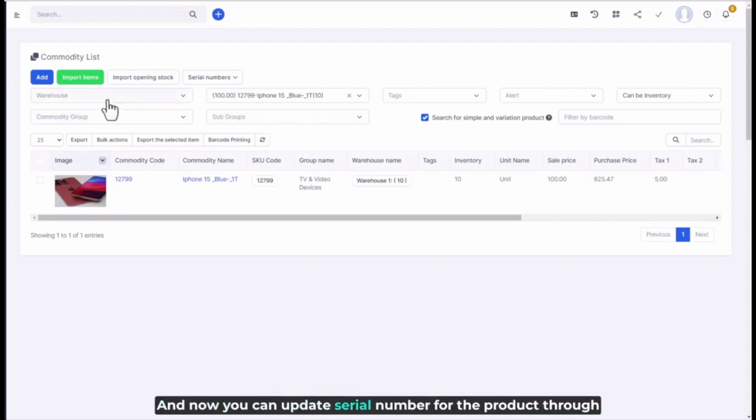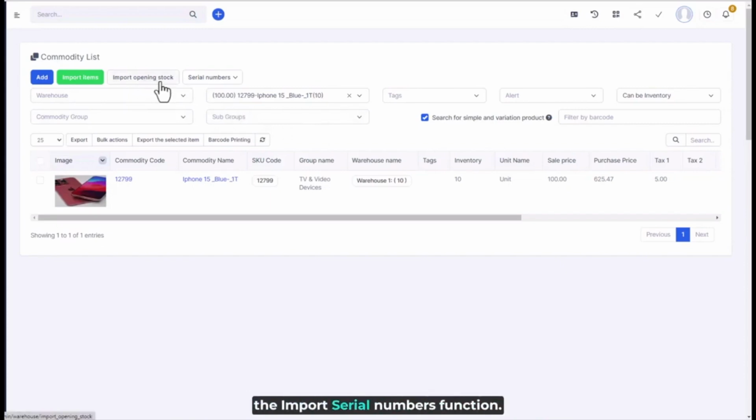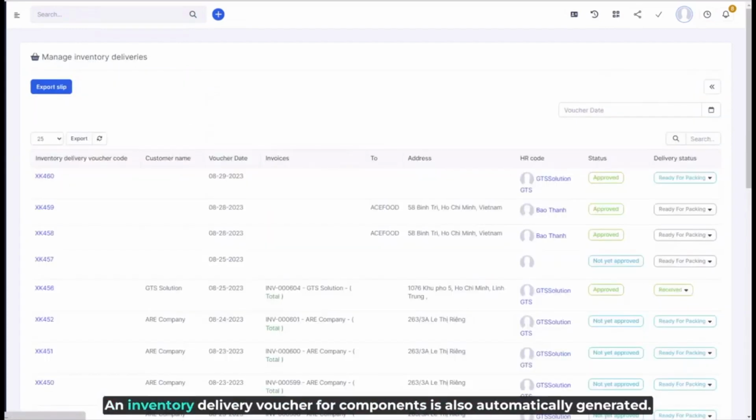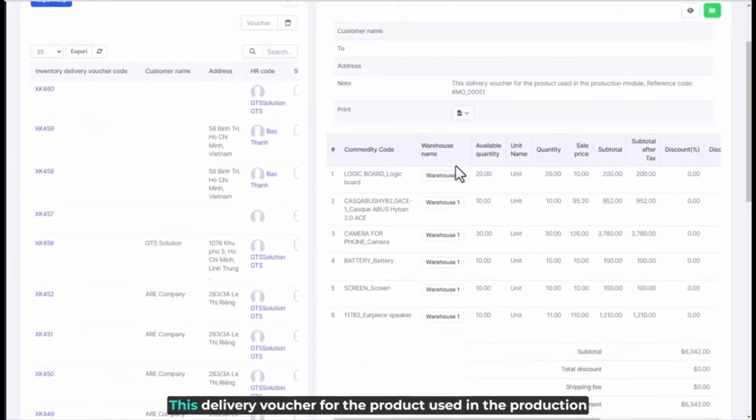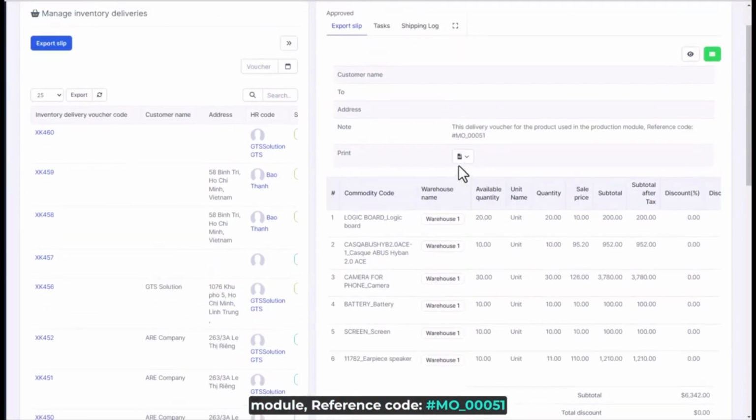And now you can update serial number for the product through the Import Serial Numbers function. An inventory delivery voucher for components is also automatically generated. This delivery voucher for the product used in the production module, reference code, #MO_00051,